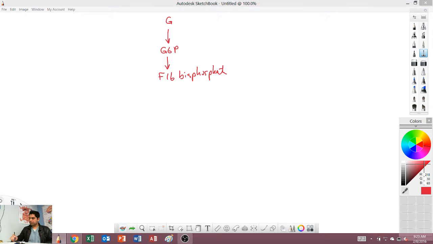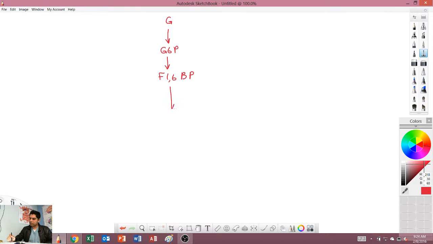So first, fructose 1,6-bisphosphate. You should remember the mnemonic for them. Glucose is first converted to glucose 6-phosphate, and then to fructose 1,6-bisphosphate. Glucose 6-phosphate can spontaneously become fructose 6-phosphate, and then that's converted to fructose 1,6-bisphosphate. And fructose 1,6-bisphosphate is then